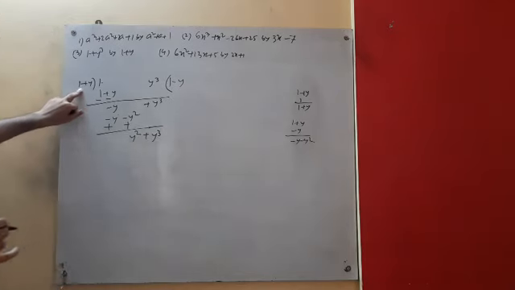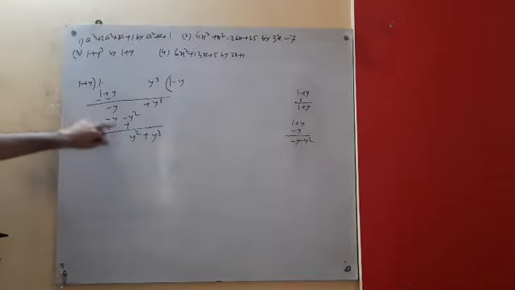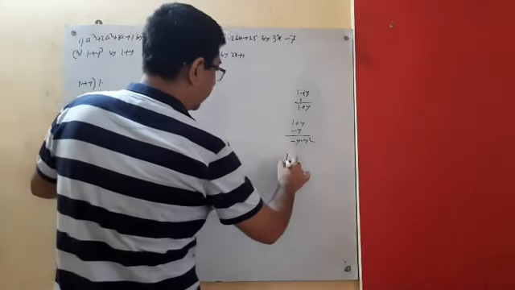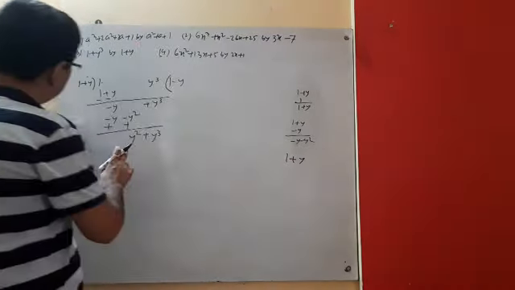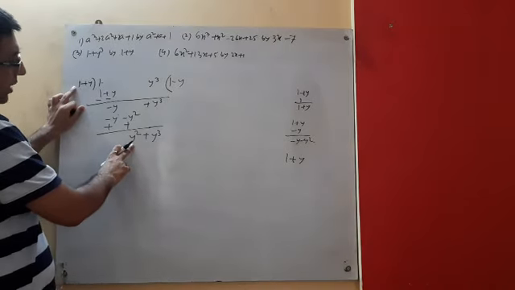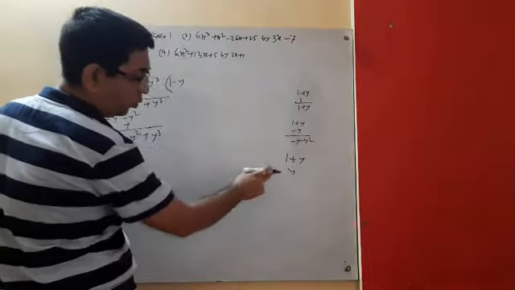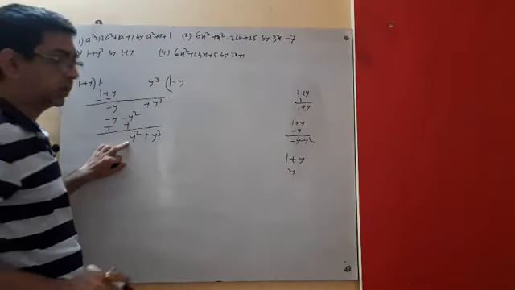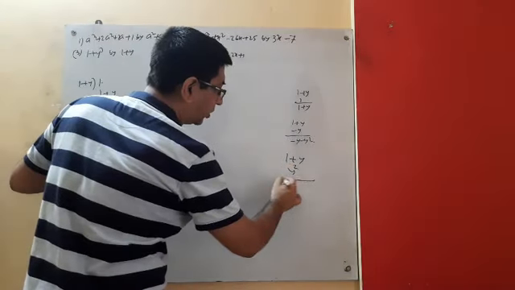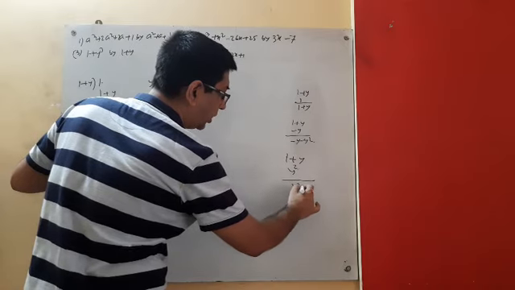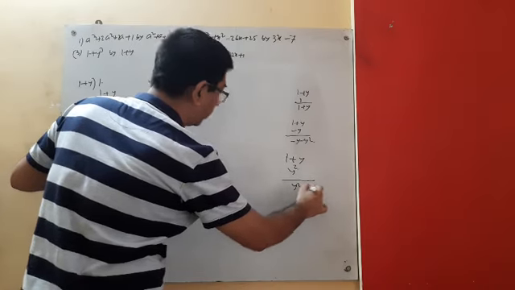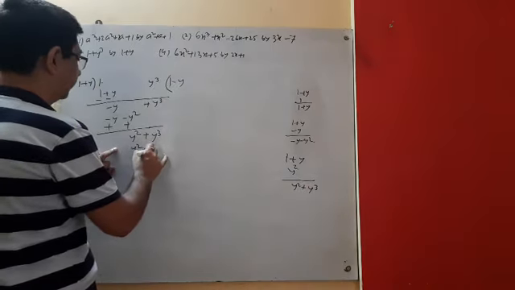Now from this we want y square plus y cube. So here is 1 plus y, but what do we need? We need y square plus y cube. If we multiply by y, what is coming? y plus y square. It is not matching. So if we multiply by y square, what is coming? y square into y square plus y square into y cube. Yes, it is coming.